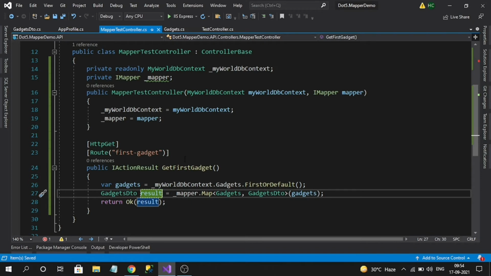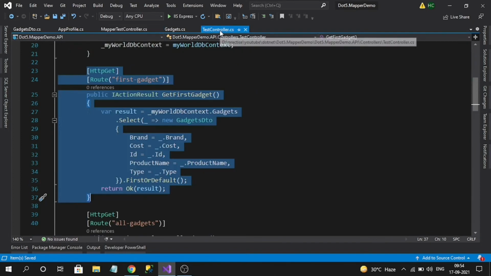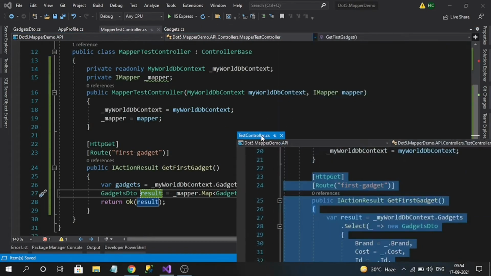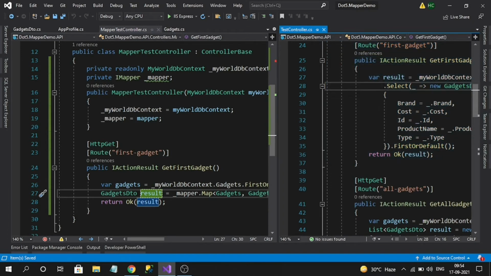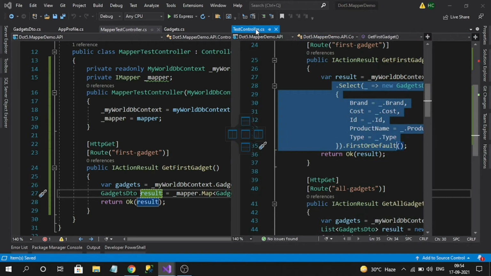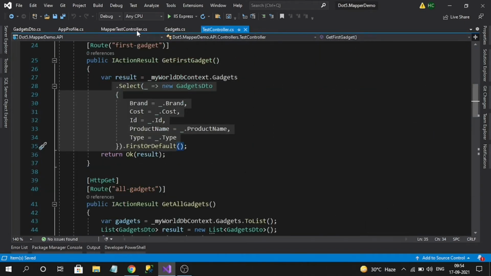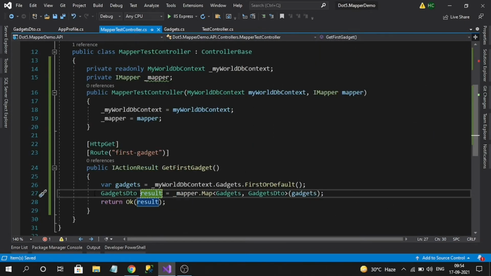Okay, we see how the code has been changed. Let me compare like this. See, this explicit mapping is all gone. Now it is just a single line of code, right? Just mapping from source object to destination object and passing the source result. Now we will get output as the destination result.